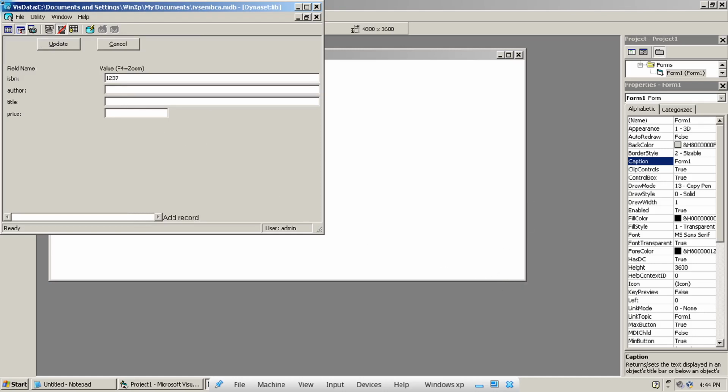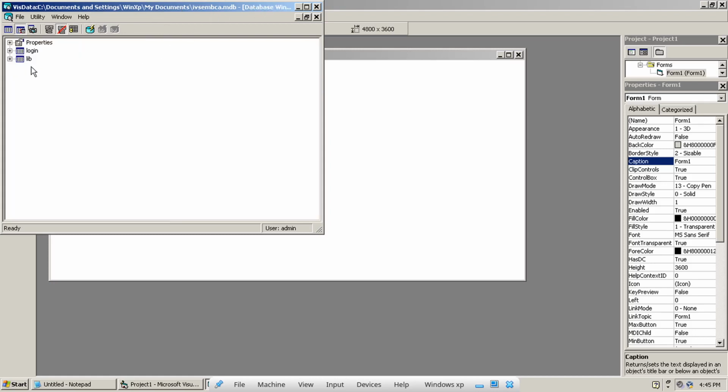Let's say author name is Geeta, title is going to be, let's say, Unix and price is 190. So I just say update. I've got 4 records, right? So now I have finished the creation of the table and entering the data.